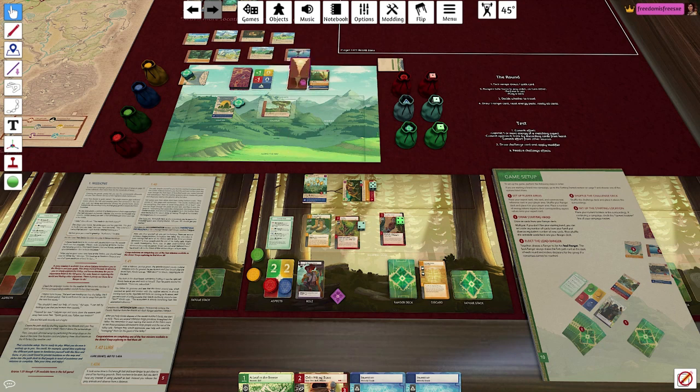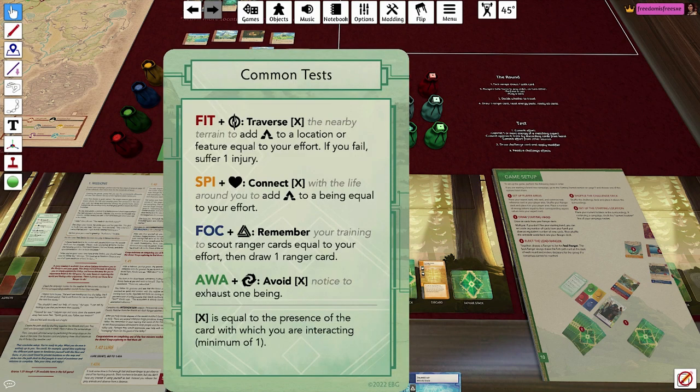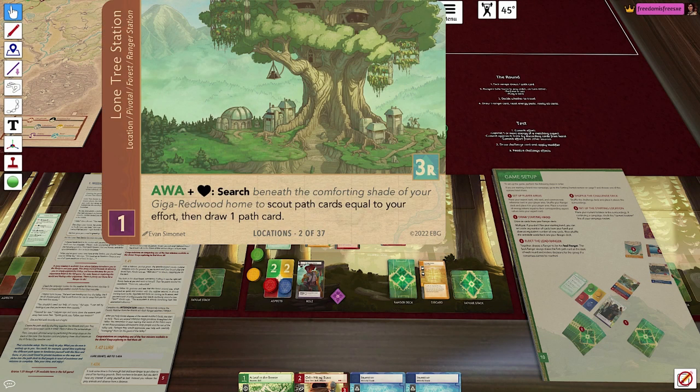Oh, I completely messed that up. Sorry about that, everybody. Go ahead and correct my mistake. Since I had set up the path deck, I'm going to put that at the bottom. I'll draw the card. Okay, so I was doing green focus, or excuse me, awareness to try to do the